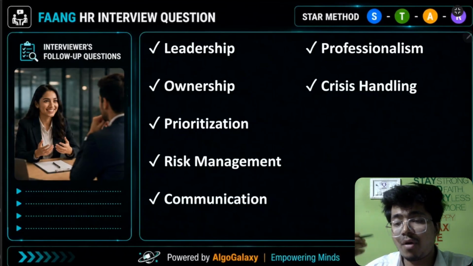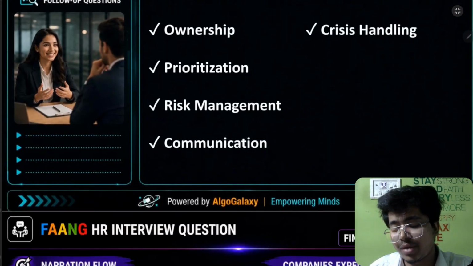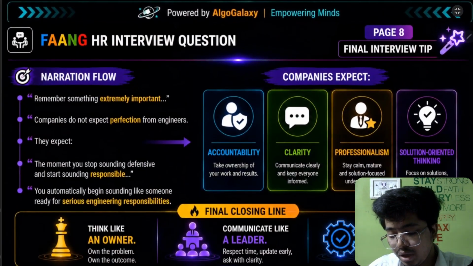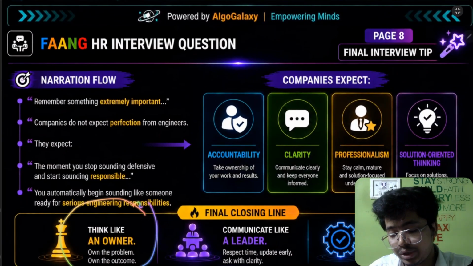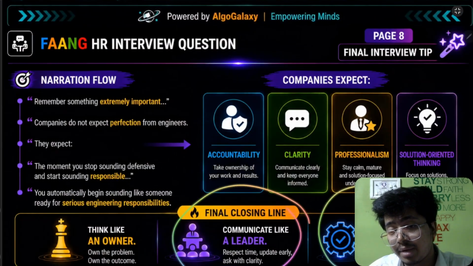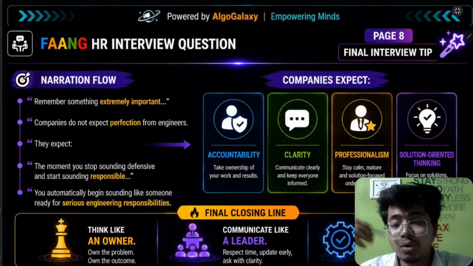So this is how we can professionally answer such critical situation questions. The last line is to think like an owner whenever you respond, communicate like a leader, and execute like a professional. If you follow these things, you can answer any HR